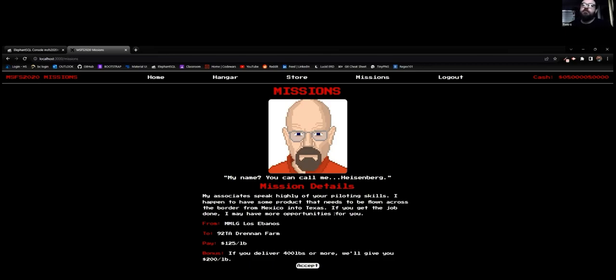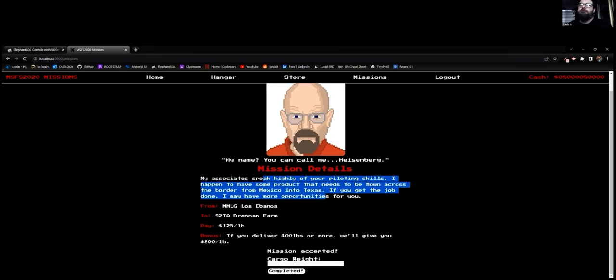So it breaks down all the mission details, and you can accept that. And then, unfortunately, because this won't actually connect to the Microsoft Flight Simulator game, it has to all be on the honor system. And so when you go through the missions, you have to put in the cargo weight that you had your plane set at, and you just have to